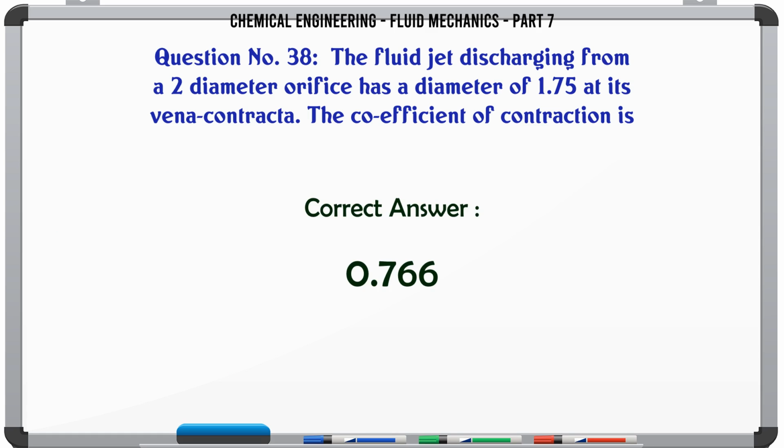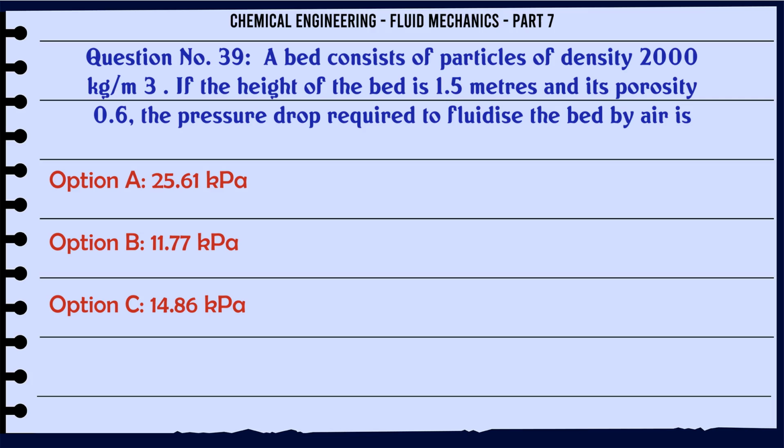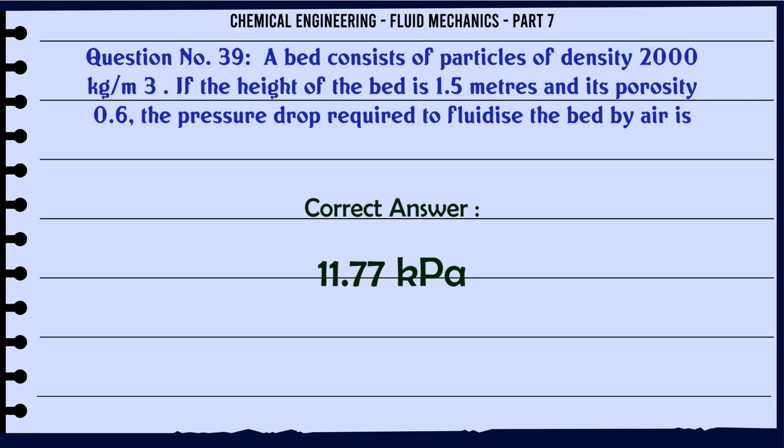0.766. A bed consists of particles of density 2000 kg/m3. If the height of the bed is 1.5 meters and its porosity 0.6, the pressure drop required to fluidise the bed by air is A 25.61 kPa, B 11.77 kPa, C 14.86 kPa, D 21.13 kPa. The correct answer is